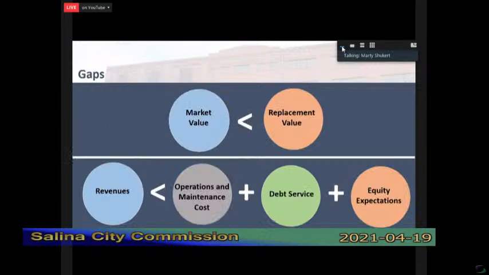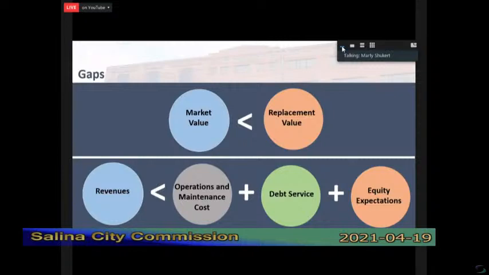So then the other important factor that really creates the problems at the front end is gaps. This is by no means an exhaustive economics course, and I'm not qualified to teach one, but this gives you some idea of the two significant kinds of gaps that we need to deal with, and the two most common ones.